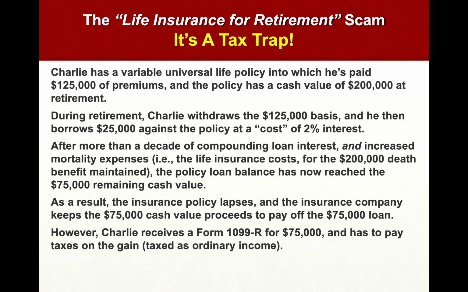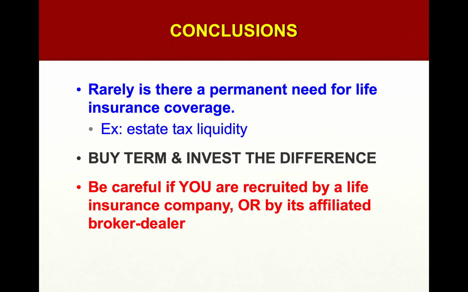Now, if you're an insurance agent, you're selling to somebody who's 40, 50 years old. By the time they discover it's a tax trap, they're going to be 70, 80, 90 years old, and you're going to be retired. You're going to live in a very comfortable house because you've sold a lot of expensive product and got paid a lot of commissions.